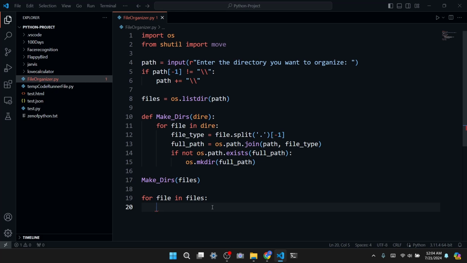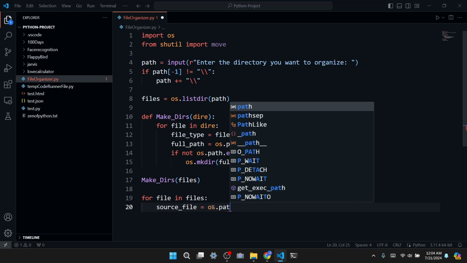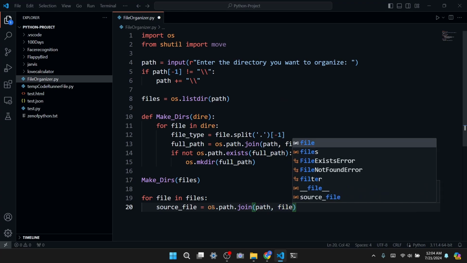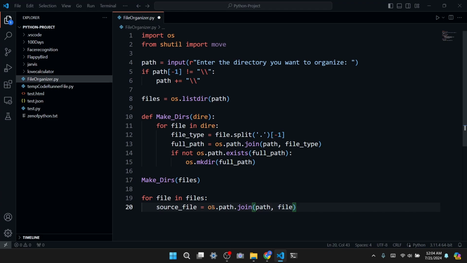Alright, let's first create a variable called source_file, which is just os.path.join, and we are gonna join the path and the file. Okay, there we go. And the destination_directory, destination underscore directory, and this is gonna be